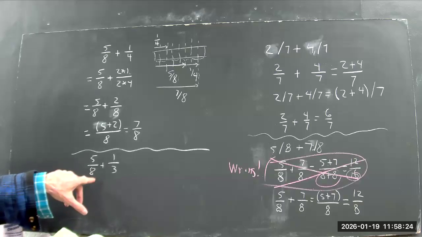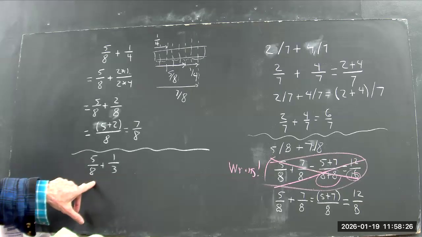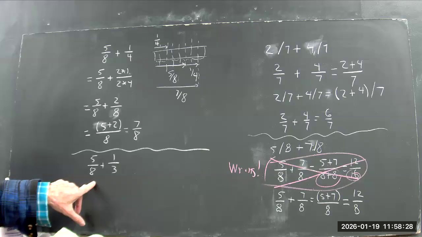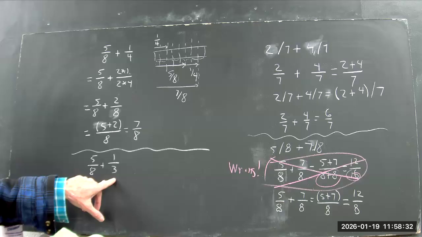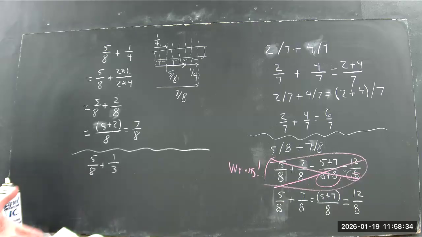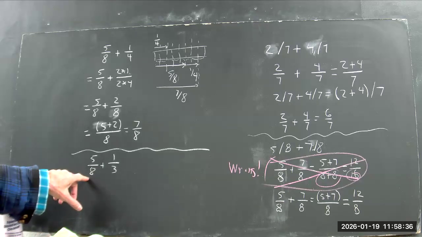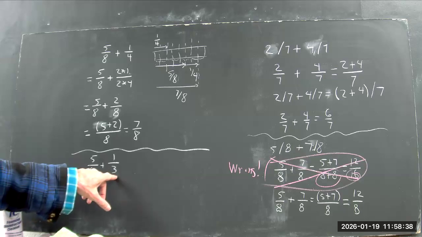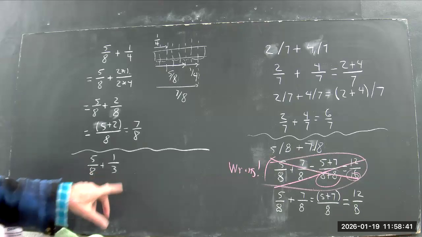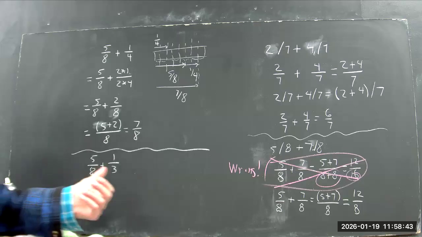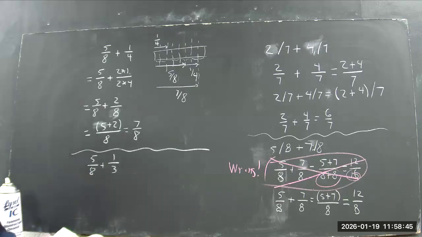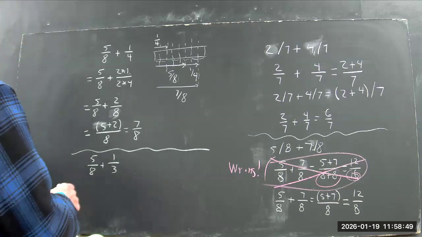There are no 3's contained within the factors of 8. There's a 3 here. We're stuck. This denominator doesn't have any common factors with this denominator. Okay. Denominator 8, denominator 3, nothing in common. So what we do is,